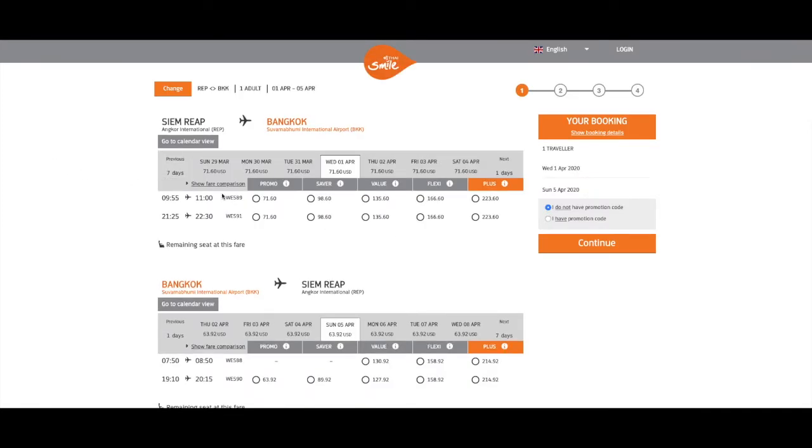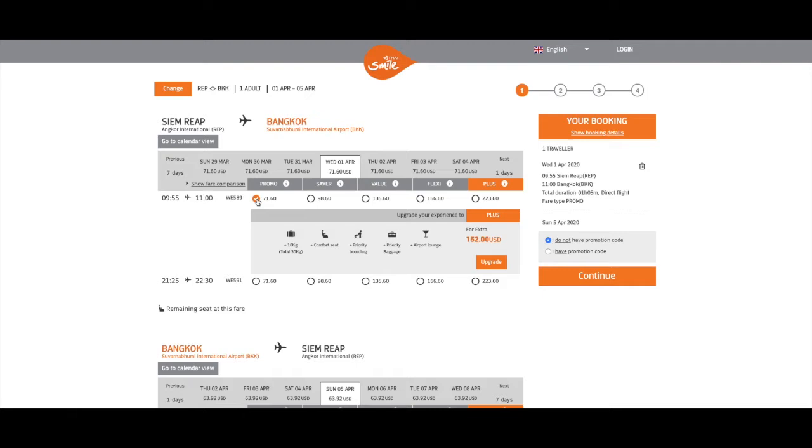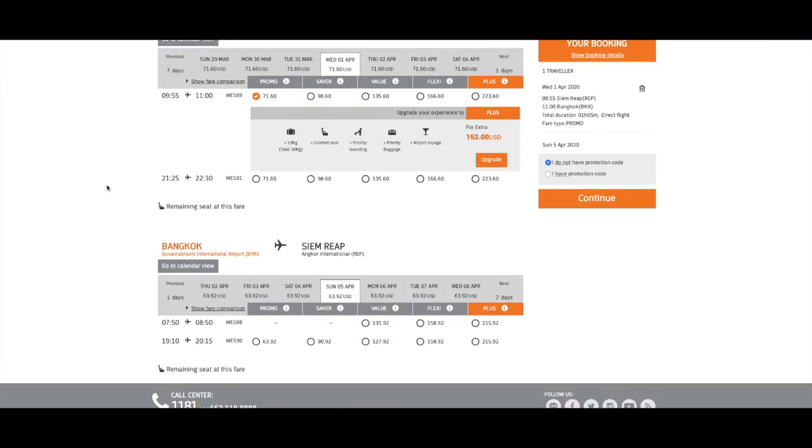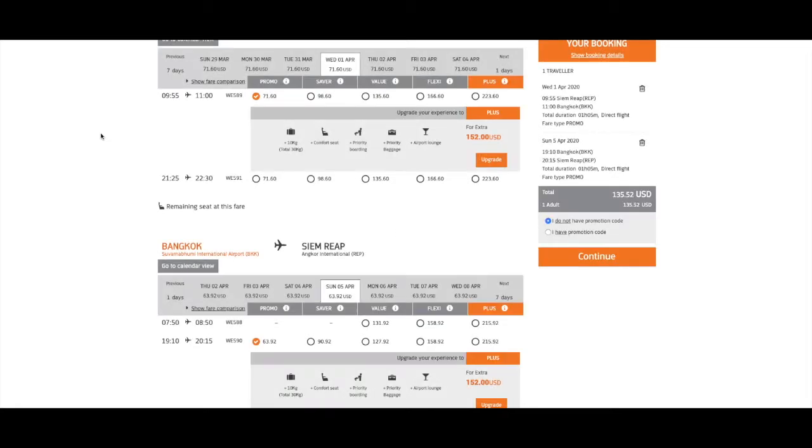So, promo flight, there. Return flight, there. Now, I got this even cheaper at 135.52. So, before you book, here's a little trick, because maybe there's some kind of payment system between Google